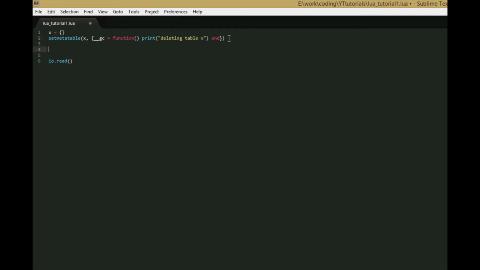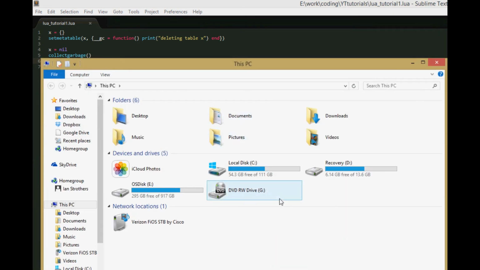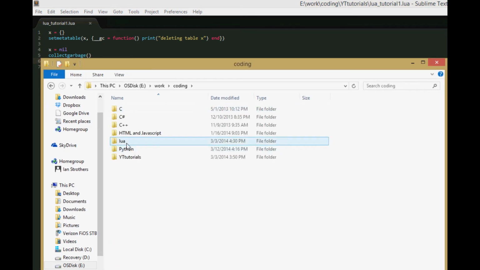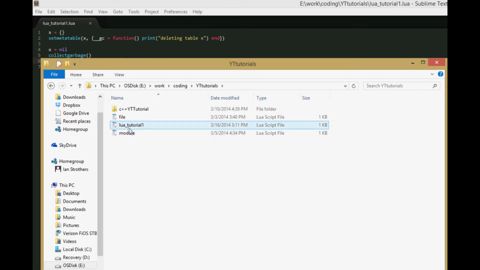So now let's actually delete the table. So we'll say x equals nil, and then force a garbage collection. So now we can save, and I forgot to close the folder, so sorry about this. So now if we run this,